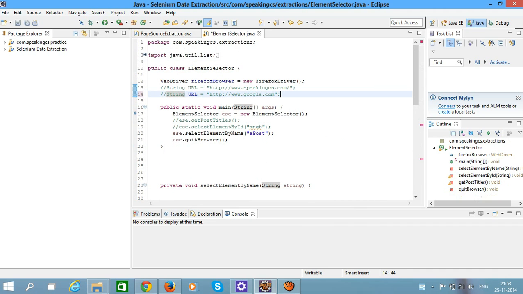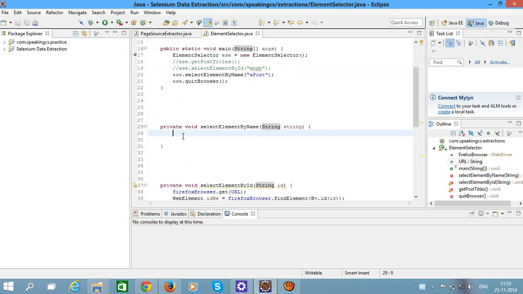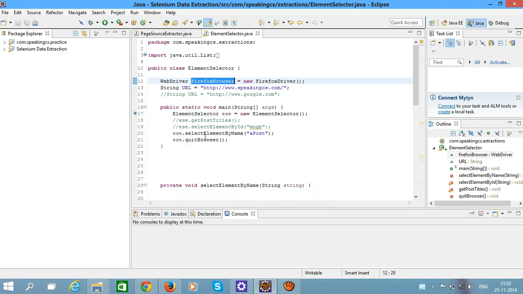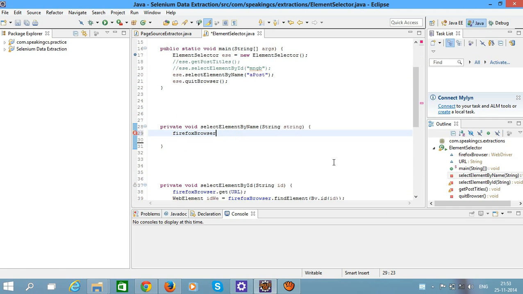and I'm going to use speakingch.com for this purpose. Uncomment this line and save it, and call the Firefox browser.get method to load this page. Pass the URL string and then